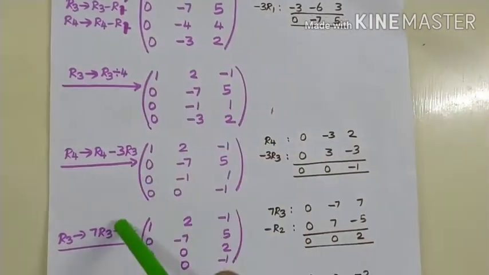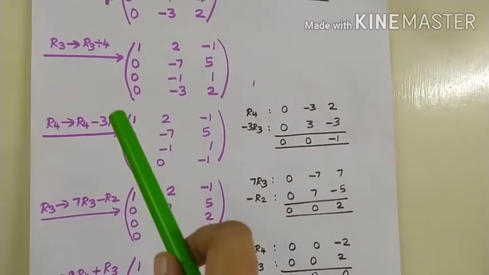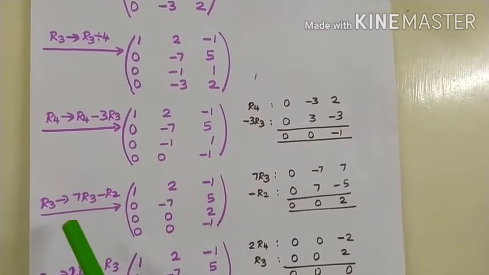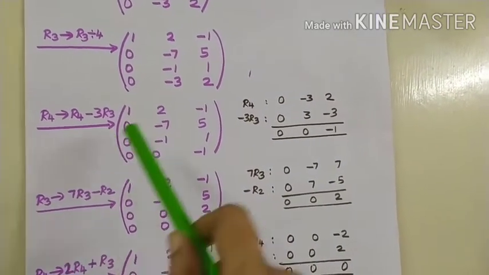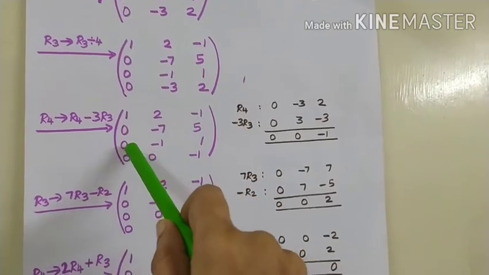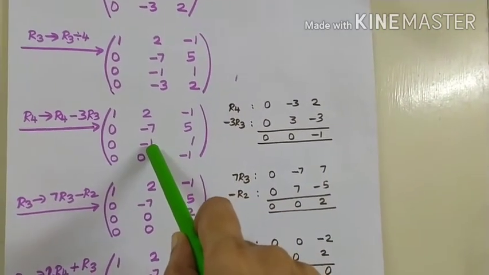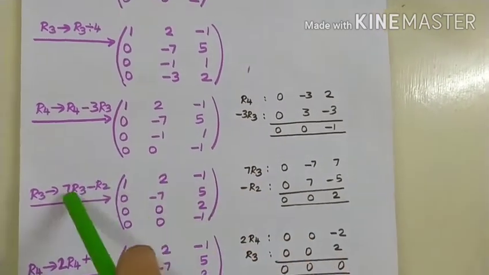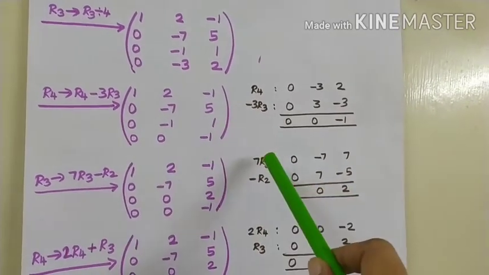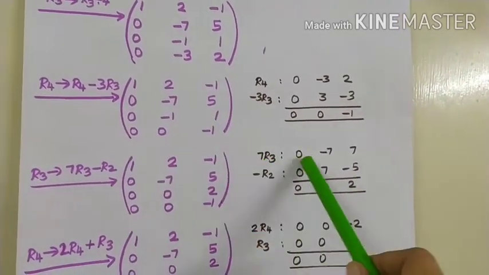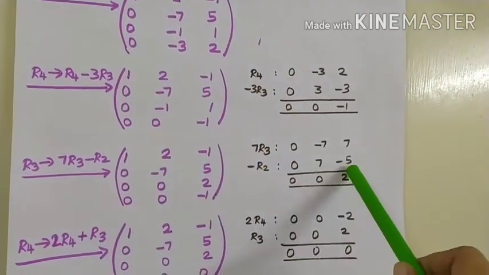Now there is no hard and fast rule how to achieve these transformations. These are called linear transformations. This we can try in our own method, but do the calculations only row wise. Now I want to achieve zeros here. So R3 becomes, using these two, here there is minus 1 whereas here there is minus 7. Multiply this by 7 and then add it. So, 7R3 minus R2. 7R3 means R3 multiplied by 7. Minus R2 means R2, change the sign and write it.